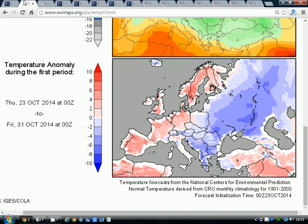The temperature anomaly for the coming week, the 23rd of October to the 31st of October, last day of the month, shows that the northwest of Europe is above average in the red colours. Look how cold it is over in the east and in the southeast of Europe, though. That's where the early winter type conditions are setting in through Russia into eastern Europe, down into southeastern parts of Europe. Temperature anomalies coming out below average. But as I say, up in the north and the northwest, it is a mild scene with those long fetched